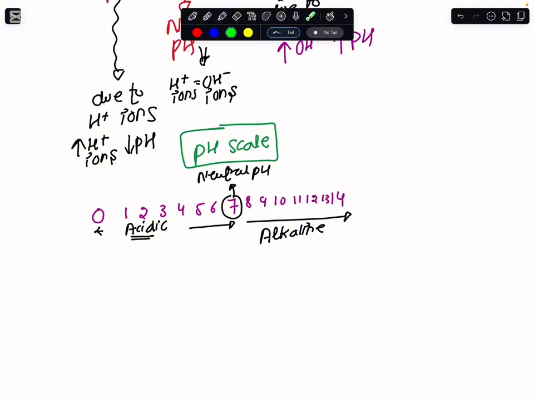And when I go back from 7 toward the value of 1 or 0, the H positive ion concentration is increasing. And this would be the acidic pH. The lower the value of the pH, the more acidity there is. The higher the value on the pH scale, the more alkalinity there is. And when the number of H positive and OH negative ions is equivalent,